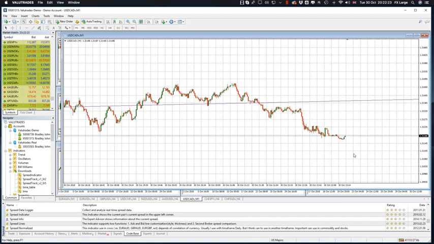Okay, Paula is asking, how can I hedge a position? Not always a good idea, but if you do have to hedge a position, if you've got a buy trade that you want to hedge, you simply make a sell trade in the opposite direction and hopefully at the same position size. What a lot of people have done to blow up their accounts is not have proper risk management,